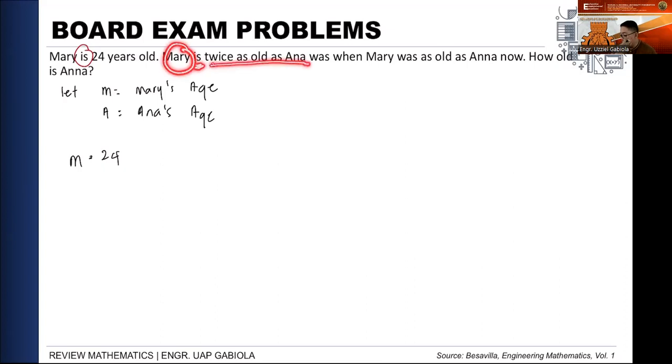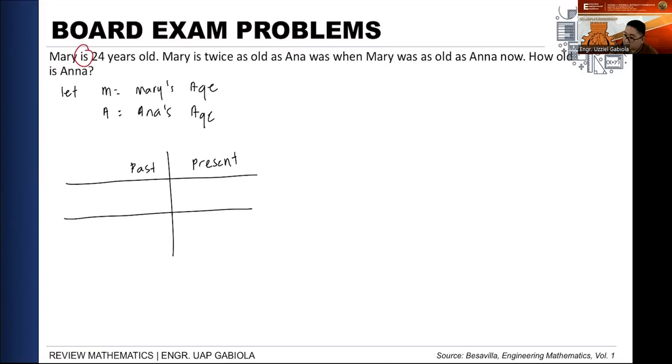So, mas maganda gawa tayong table para mas ma-represent natin. No? Ang hirap kasing... So, kung tayong table, gawin natin past and present. No? And lagay natin dito, lagay natin si Mary and then si Anna. Okay? So at present, si Mary ay 24. Yan, sinabi naman niya sa problem. Then, at present, si Anna, hindi natin alam yung age niya. Tawagin natin letter A, no? At present. Tapos, sabi niya,